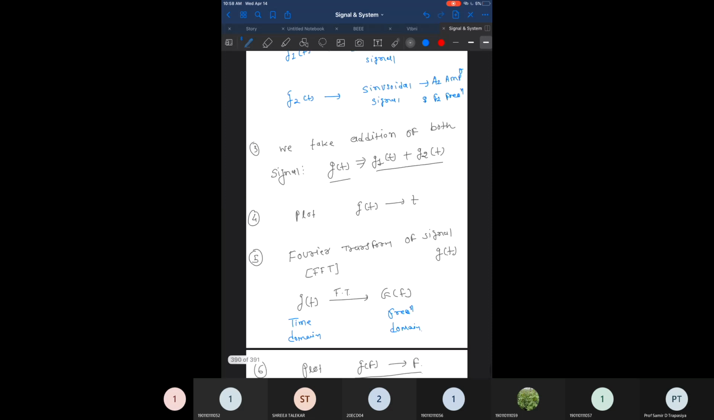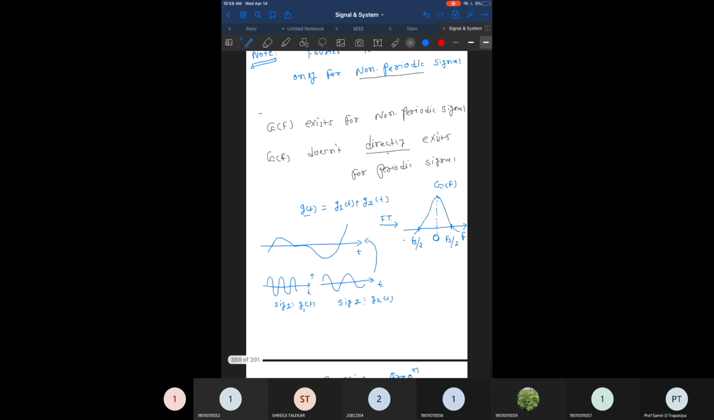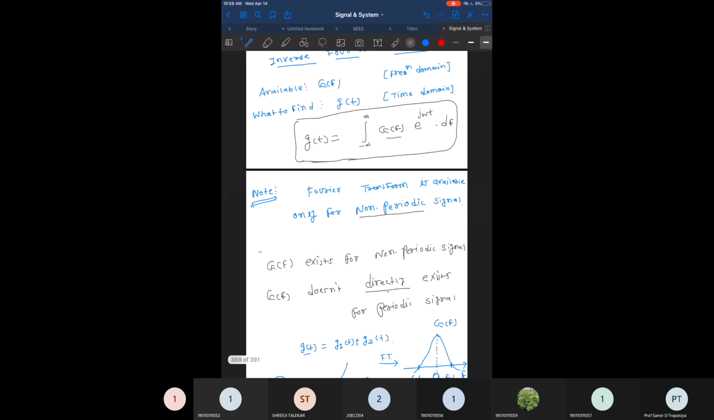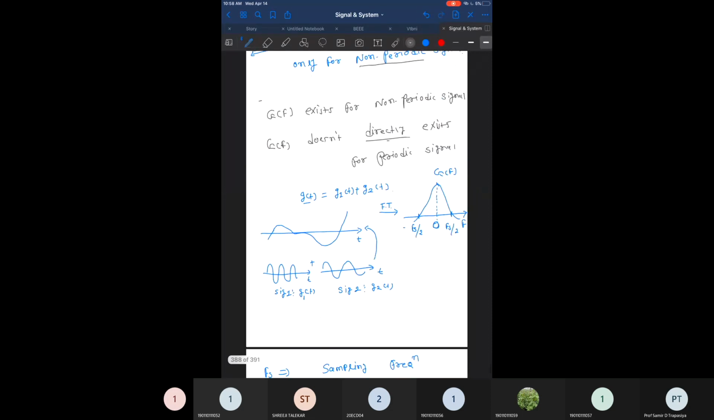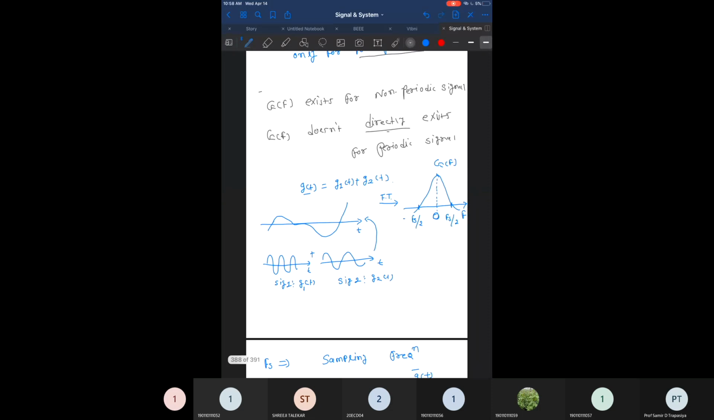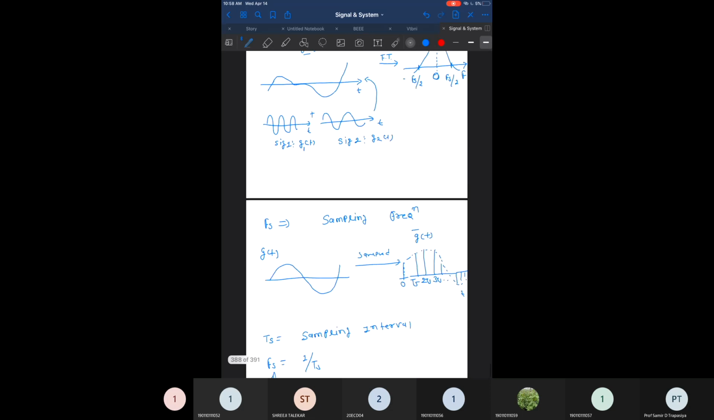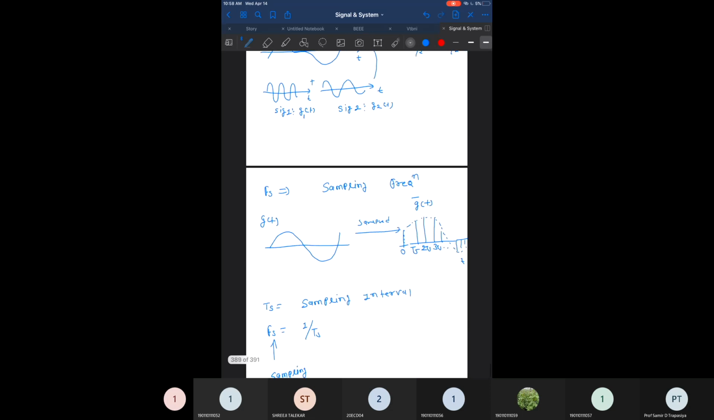Now we can consider what we can choose here. We can choose the signal G1 of t, and we can choose another signal G2 of t. Before that, we need to find the sampling. We need to decide the sampling interval as well as the sampling frequency. Then, after choosing the two different signals G1 of t and G2 of t, we produce another signal G of